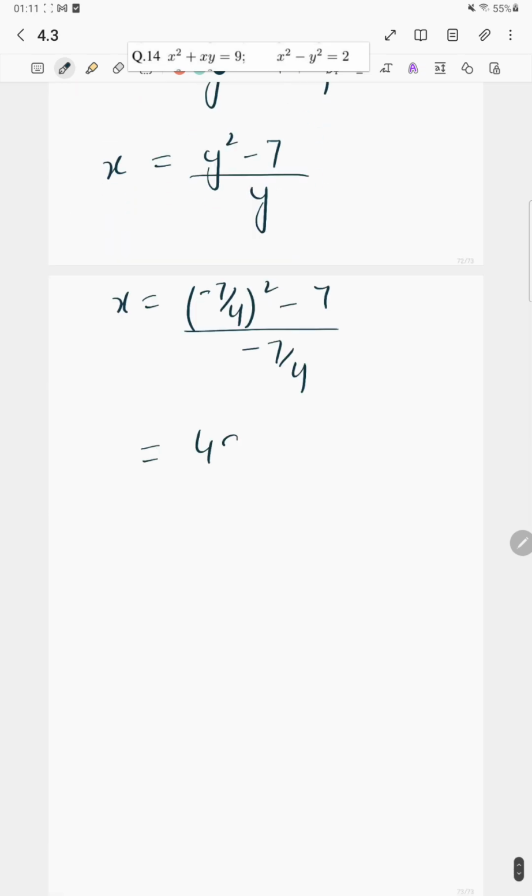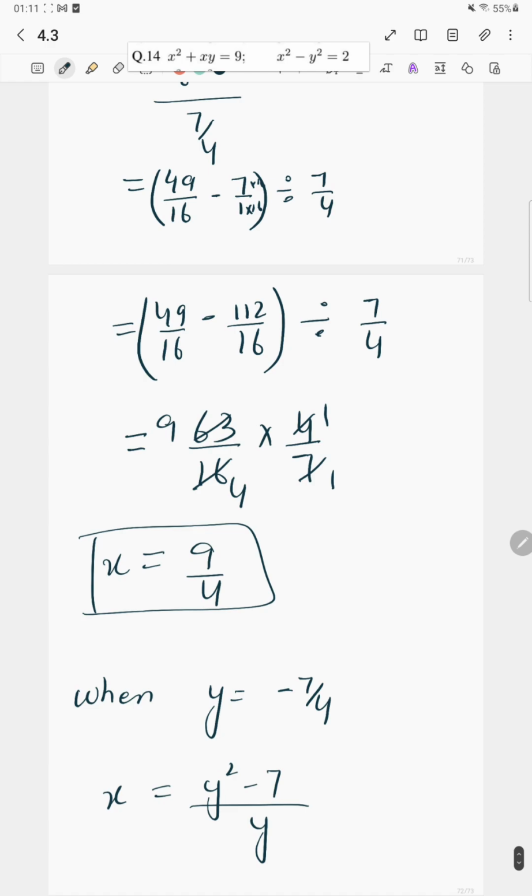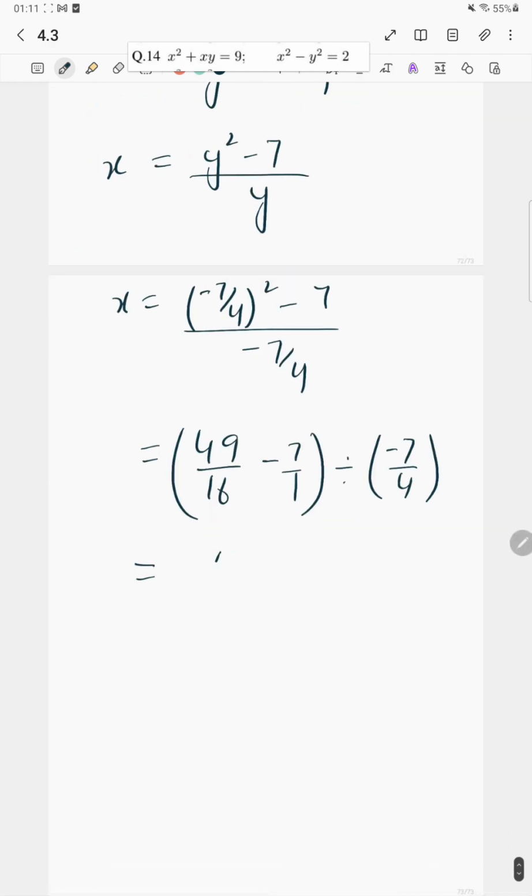So it's 49 over 16 minus 7 divided by minus 7 over 4. So it's 49 over 16 minus 7, which gives us 63 over 16 multiplied by 4 by 7 with the negative sign. So 4 times 1 is 4, 4 times 4 is 16, 7, 9 times 9 is 63 with the negative